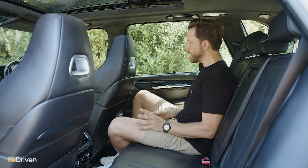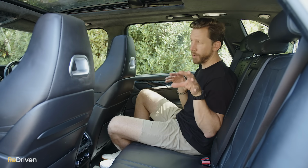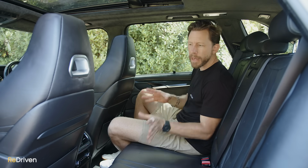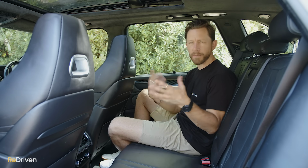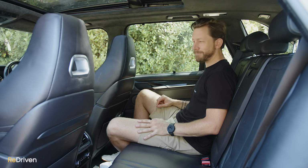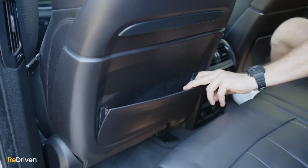Now, as far as wear and tear goes, as I said, this car gets a hell of a workout. There's normally grandkids or grandparents or dogs back here all the time, but it's actually wearing not too badly. There's a few scratches and marks on the leather. Look, obviously this is going to vary from example to example. They're all going to be different as far as wear and tear, but for one that gets a solid working over, it's pretty good. As far as practicality in the second row, you've got some airline style map pockets, got